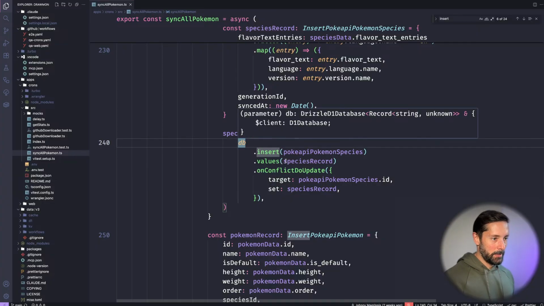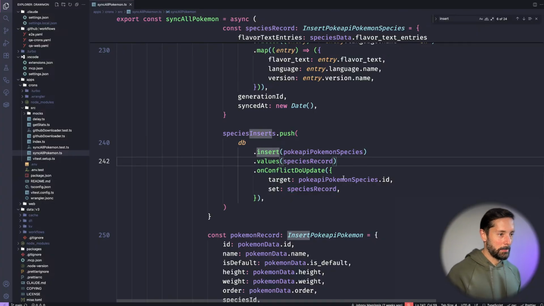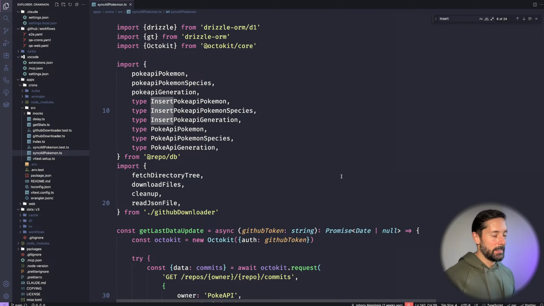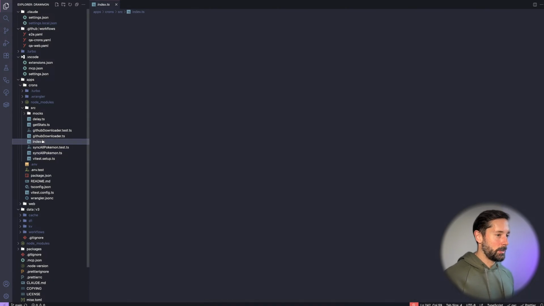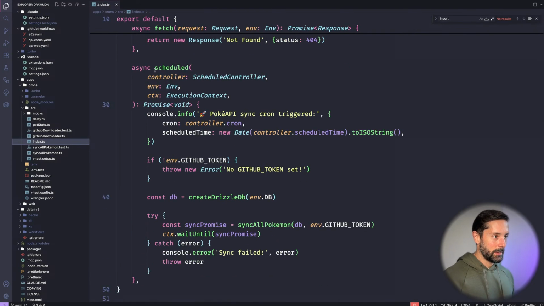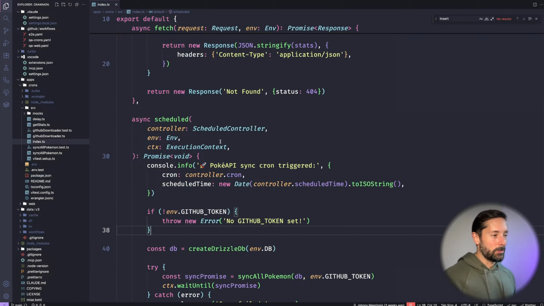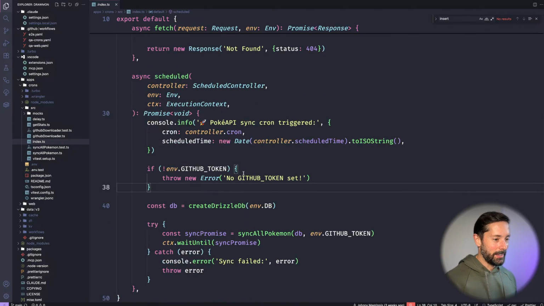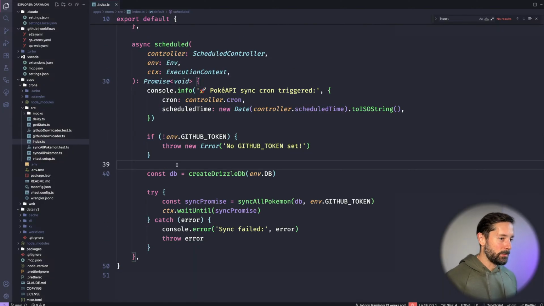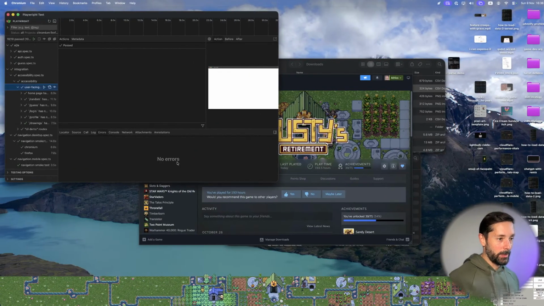We have our database and we're just inserting like this. We're using Drizzle here again. What we want is another route, another handling of the route. The way Cloudflare cron triggers work, you need to export a scheduled method here, and then you can be checking, oh, which schedule am I answering to? Since this one only answers to one schedule, the one that does the Pokemon sync, then we only have one. But because we have more than one now,